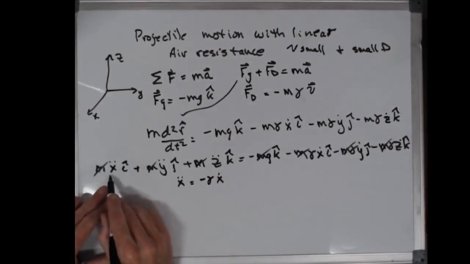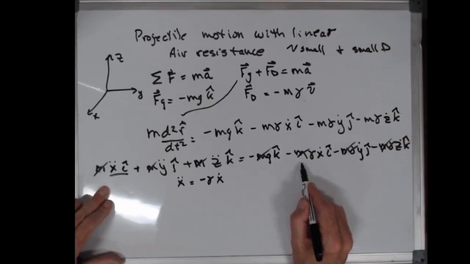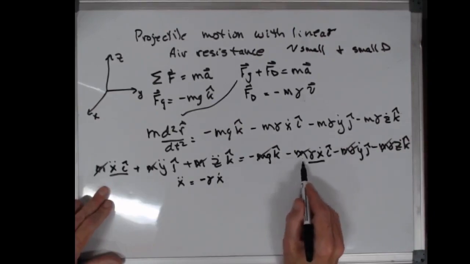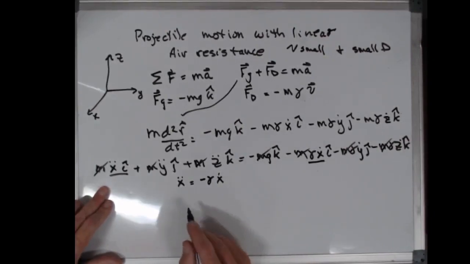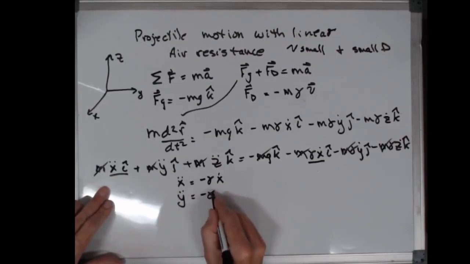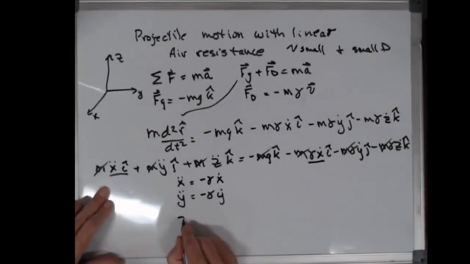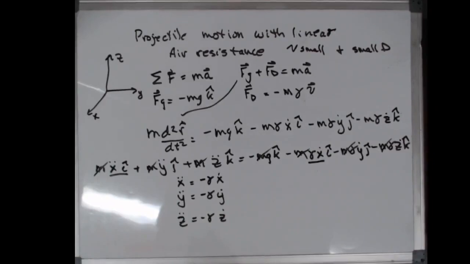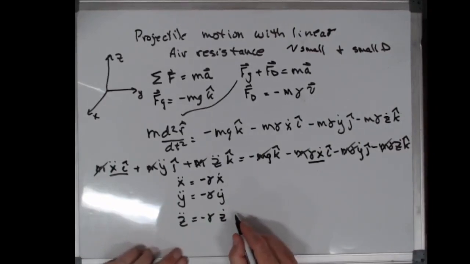I get the x double dot, I get this piece with the minus sign, and I drop the i hat. This is my i hat direction motion. This gives me y double dot equals minus gamma y dot, and z double dot is minus gamma z dot. Like that. Also,